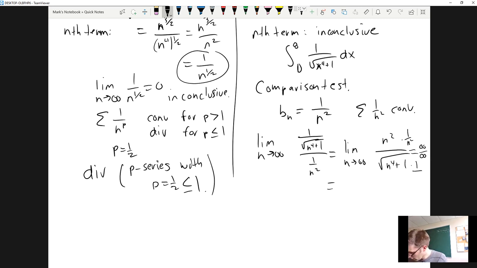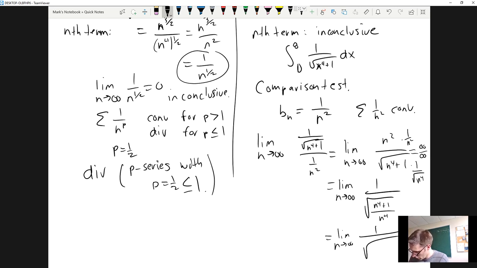since we have a radical, it might be more convenient to write n squared as root n to the fourth. That's the same thing as n squared for positive values of n, but that'll make our simplification easier. So we'll have 1 on top, and then the bottom we'll have root n to the fourth plus 1 over n to the fourth, which is going to be